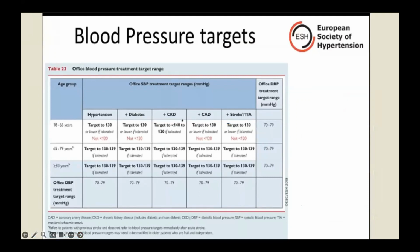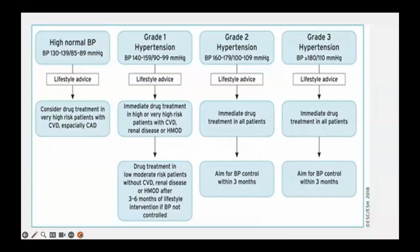For CKD patients, the European Society of Hypertension targets a systolic less than 140 down to 130, as long as the patients tolerate it. And the diastolic for everyone is 70 to 79 millimeters of mercury. So how do you classify grade 1, grade 2, and grade 3 hypertension? If it's more than 140/90, it is called grade 1 hypertension, grade 2 is 160/100, and grade 3 is